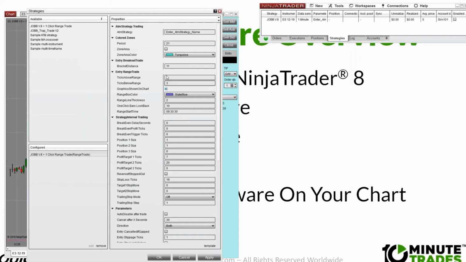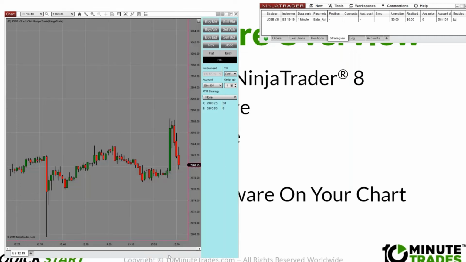You then have to decide, let's say it draws a range. How many ticks above the range do I want to enter the trade? Or how many ticks below the range do I want to enter the trade? So for instance, I have 3 ticks set. So let's see if I did this right. If I enable the trade,